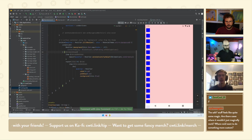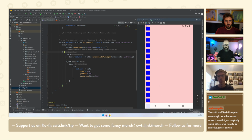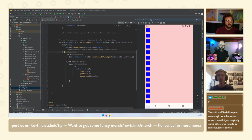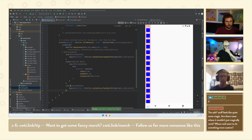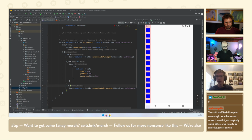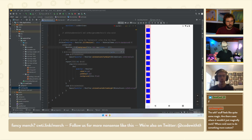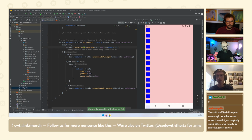Now there's an item that is matching the height of the top insets, and so that'll handle you on the top side. And then if you did the same thing on the bottom, window insets bottom height. So this is another approach, and it depends on what exactly you're trying to accomplish. One thing this doesn't do, which I want to highlight, is if you rotate the device to landscape